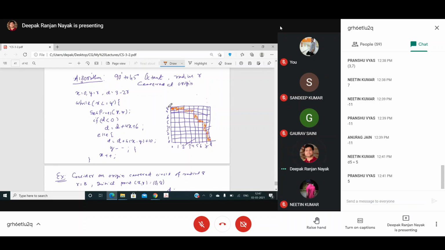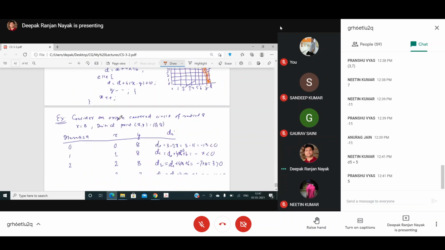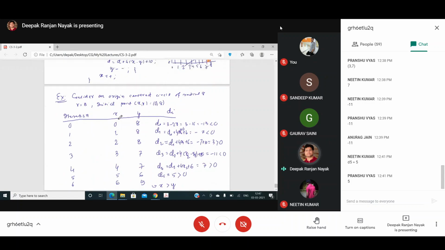See, this is the circle which you are getting. This is the line. This is for one quadrant, right? And you know how to calculate the values for other octants also with the help of this symmetry. So this is what you want to find out from this particular algorithm called Bresenham's circle drawing algorithm. So there are so many problems based on this.